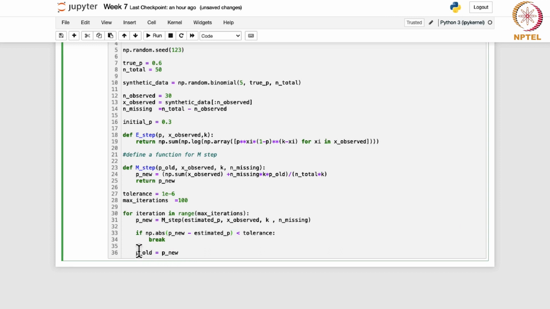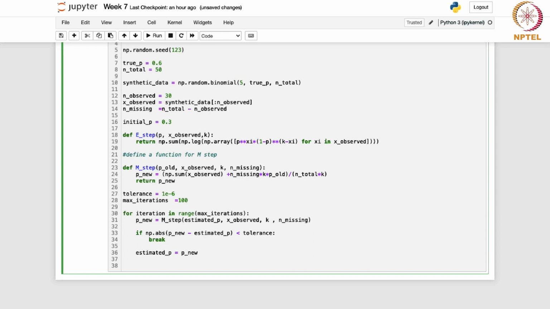Then estimated P is the same as P new, and if we print estimated P, let me write this finally,